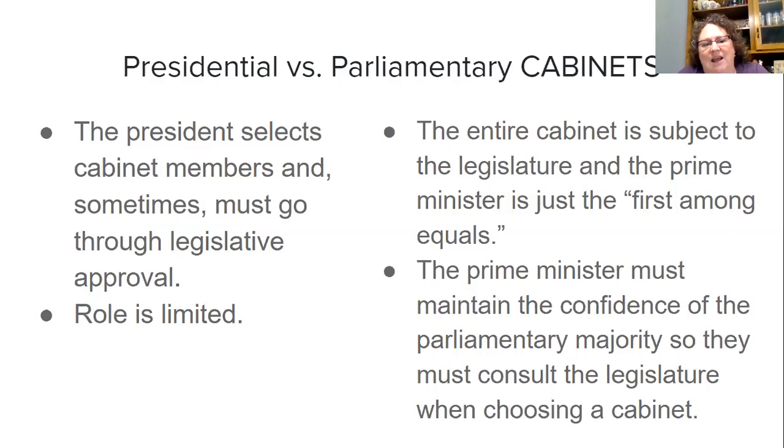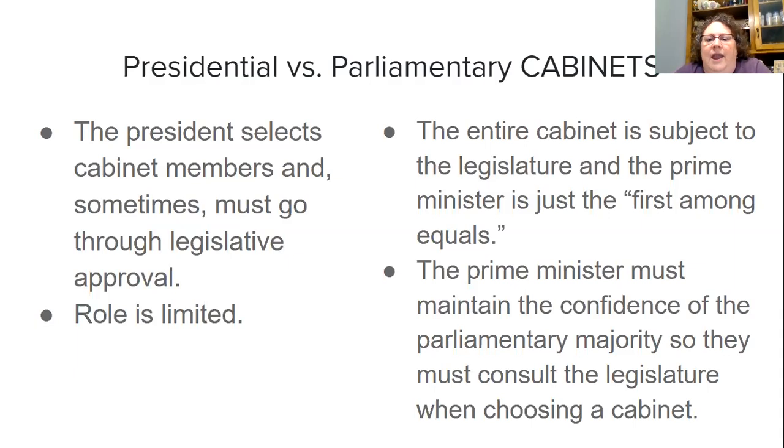So I read this fascinating article about the UK when Boris Johnson had the coronavirus. He was not doing so well for a while. And all these people were talking about, oh, they were worried, what would happen to the British government. And one of the cabinet members spoke up, and he's like, I don't know why everybody is so worried. Like, you realize that we have an entire cabinet that functions and runs the government. And he basically used that term, again, that the prime minister is the first among equals, and that they would